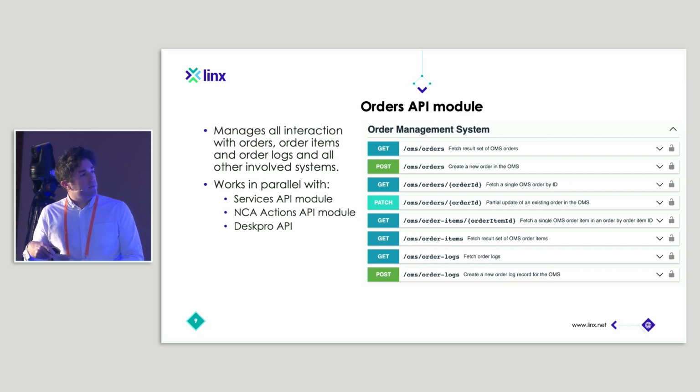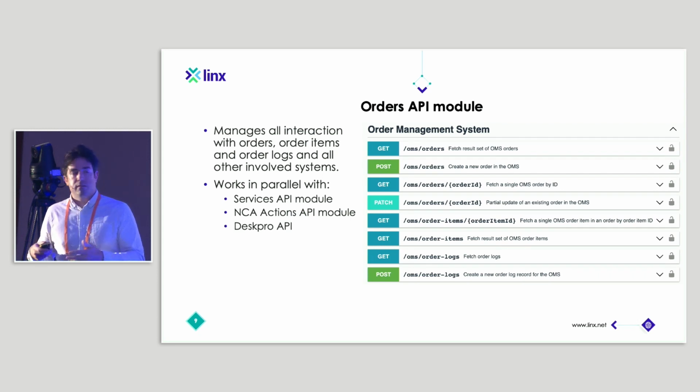Update the orders, and then one for the order items to actually read them. And for read and update order logs. We also can update order items directly, patching basically the orders, because the order items are exposed with the orders itself. So these APIs basically manage all the interaction with orders, order items, order logs, and all the other involved systems. And they work in parallel with the service API module, which, once the order is processed and